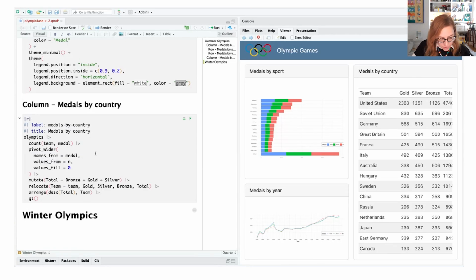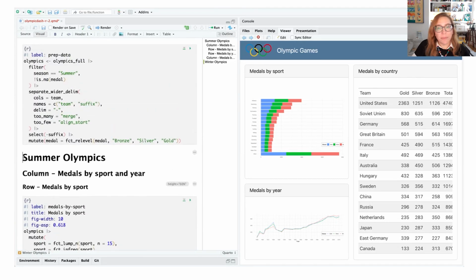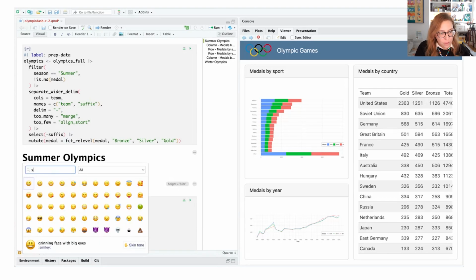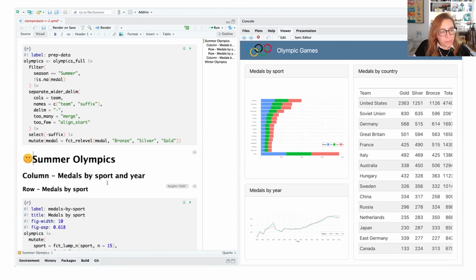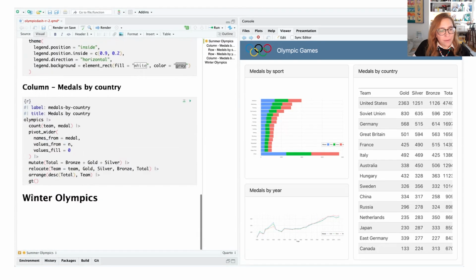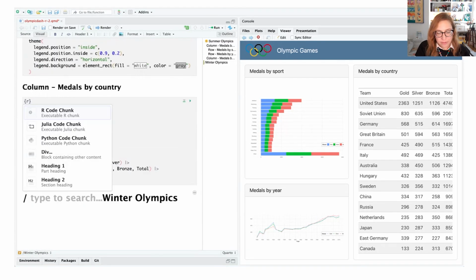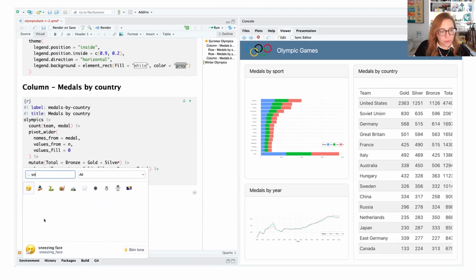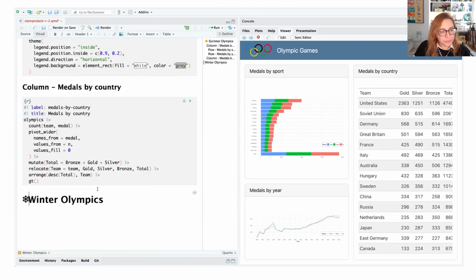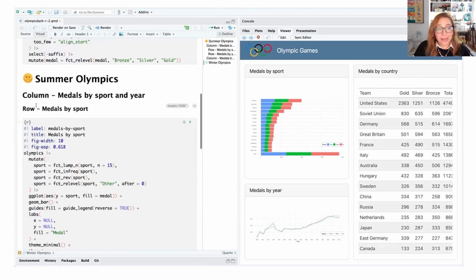I think that I had also used some emojis, so let's go ahead and get those as well. Maybe a sun for Summer Olympics, and for Winter Olympics, let's do a snowflake.